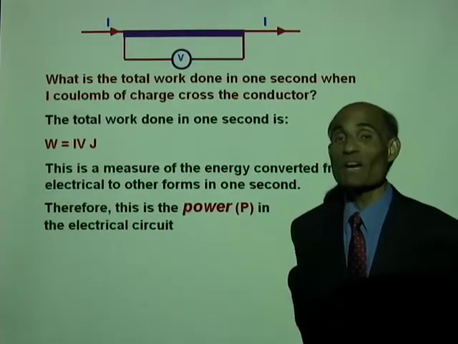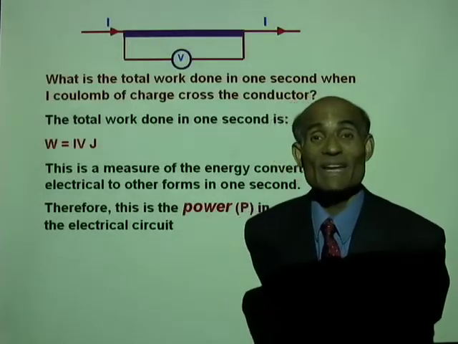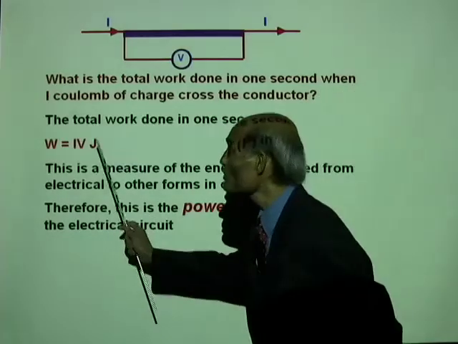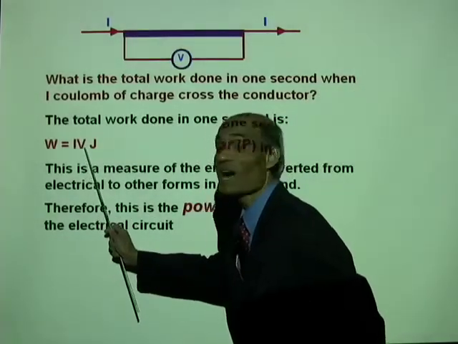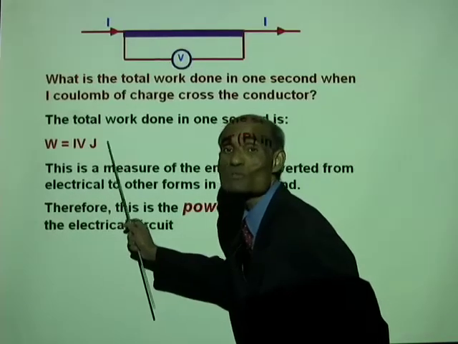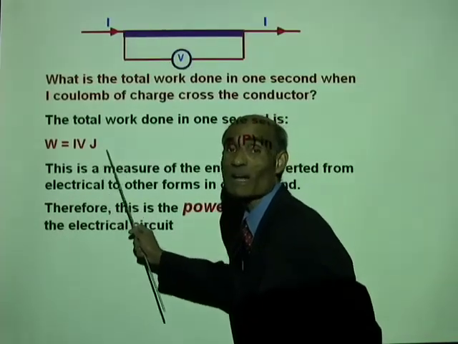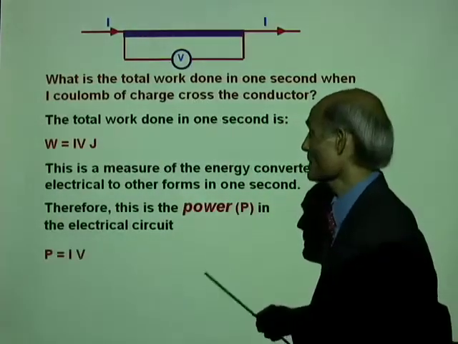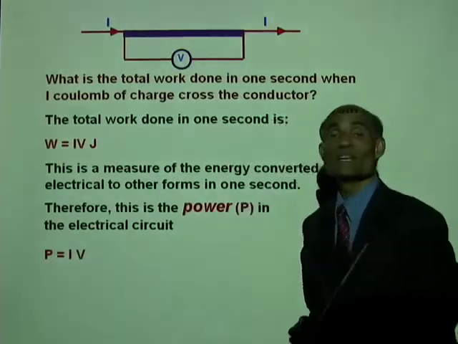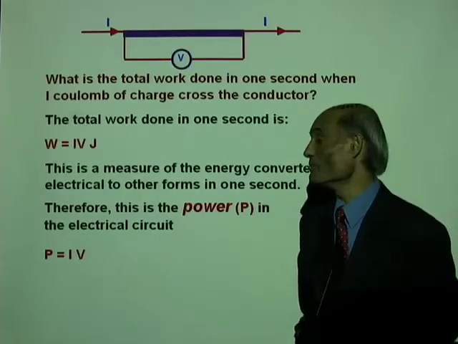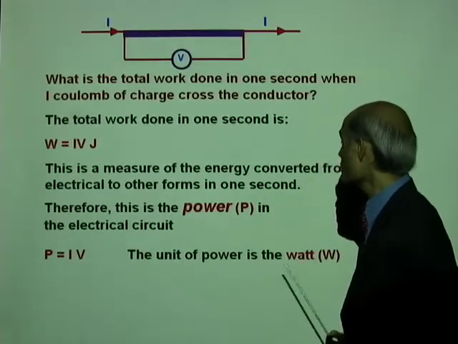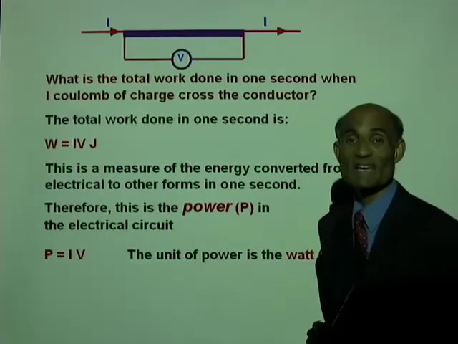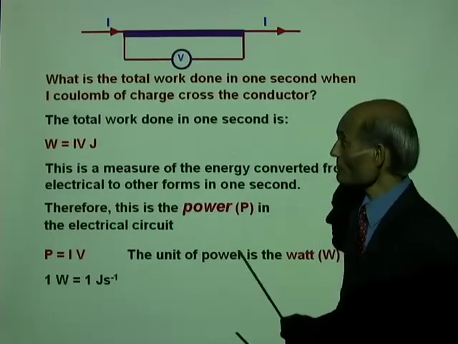So what is the equation for power in an electrical circuit? Power in an electrical circuit is I times V joules per second. What do you call that? Joules per second is a watt. So power P equal to I times V, and the unit of power is the watt, joules per second. Okay,